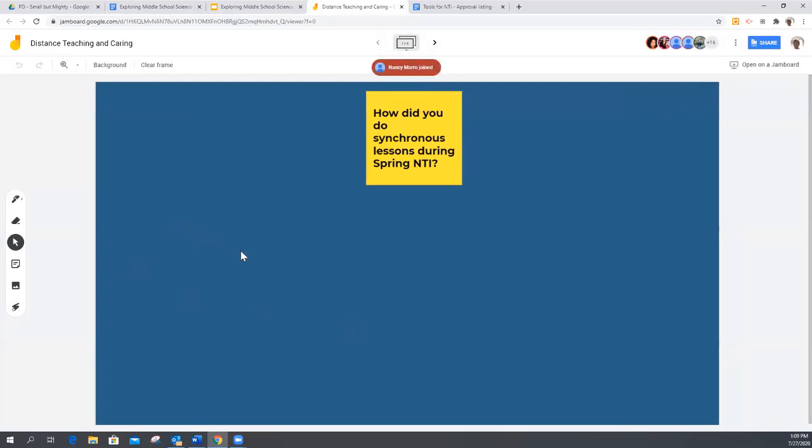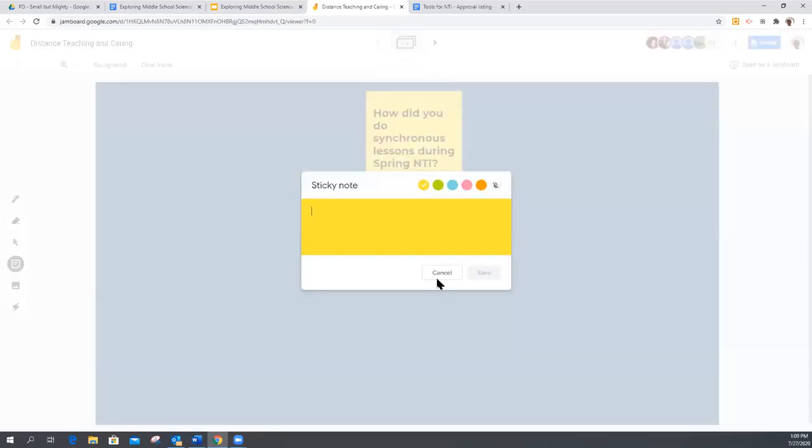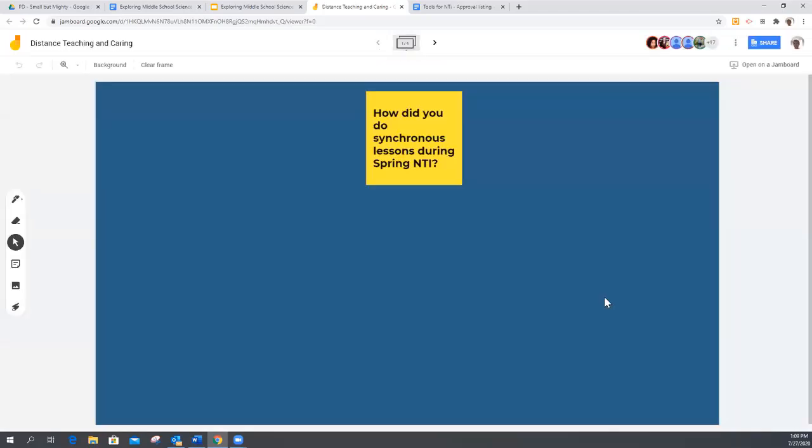If you're not familiar with the Jamboard, once you go into it, you're going to click on the little sticky note here, and then you should be able to respond to the question. You can change the color of the sticky note if you like, and as soon as you type something in, you can save it. I'm going to give you a couple of moments. You don't all have to be on the same screen at the same time. There are 4 different screens you can click on.